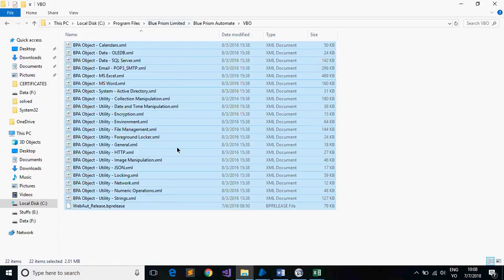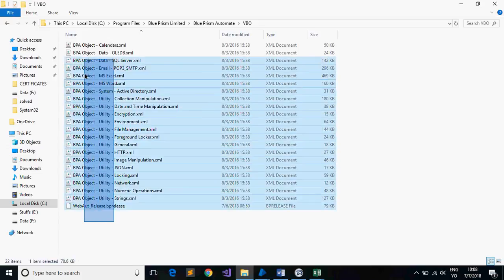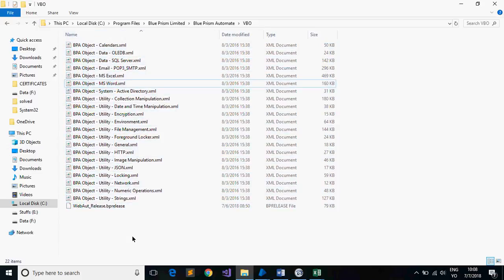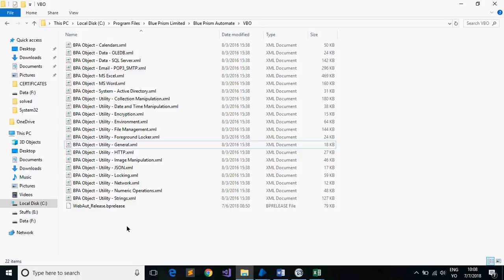And again, the list of VBOs is not the end here. Blue Prism is always working on VBOs, and there are a few others present in the Blue Prism portal that you can download, and you can again write your own VBO here. Blue Prism can publish more VBOs which will be available for download in the future. So the list doesn't end here. It can be anything. Today you are working on Word, so there it will come for PDF. It will come for some other file format. You're working on JSON, so it will come for how to manipulate XML data. Again, a lot of stuff. This can be extended to hundreds of items. So it is not feasible to